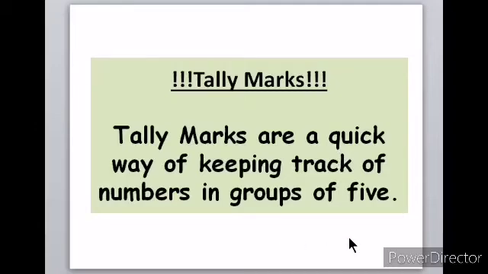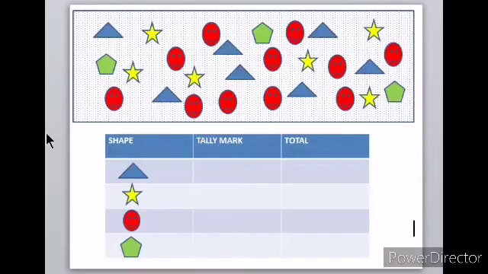So now let us go to the same example, the same collection of shapes we had. This is how we can write in tally marks. I will teach you that. So we will make the table like this. All the 4 shapes we will put one by one, and then we will write tally marks at the side of it. So first see, where is the triangle? 1 triangle, it is there. So you put 1 tally mark beside this triangle.